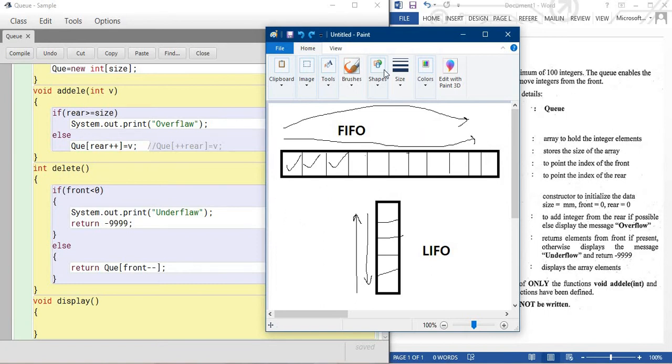Okay, now you can see over here, suppose you have values, you are entering values up to this position. Okay. Now suppose you are erasing or deleting the values from the first box, from the second box, from the third box.